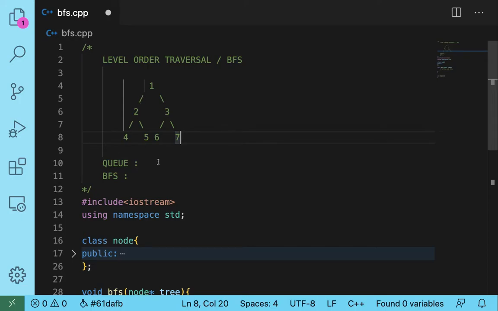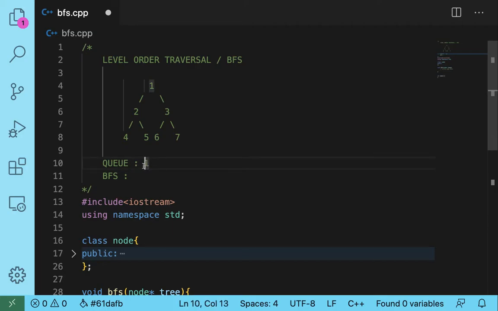In this, what we really do is we take a queue and a BFS array, and we initialize the queue with the root node, which is 1 in this example. We simply do a while loop on this queue while it is not empty.